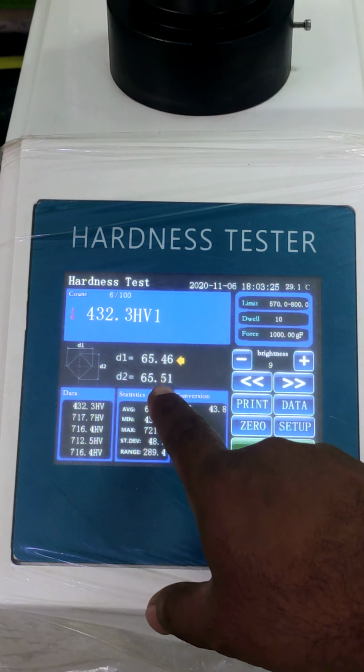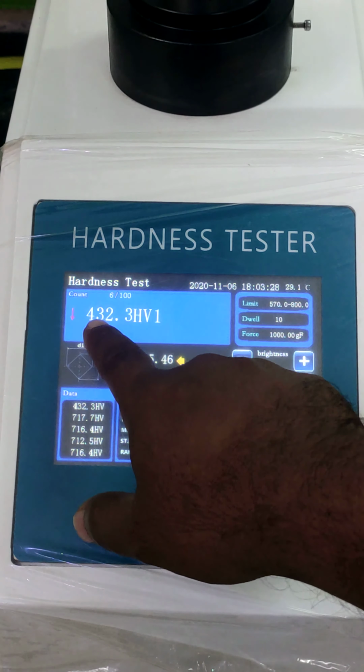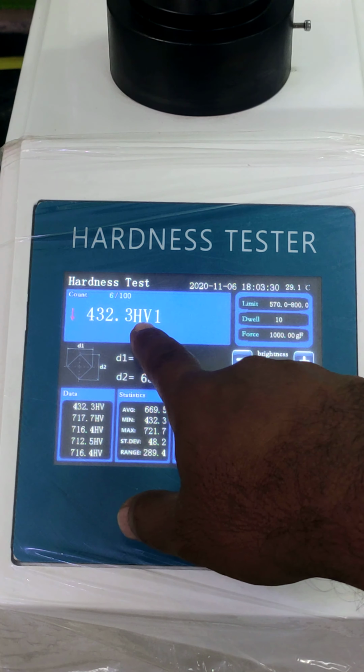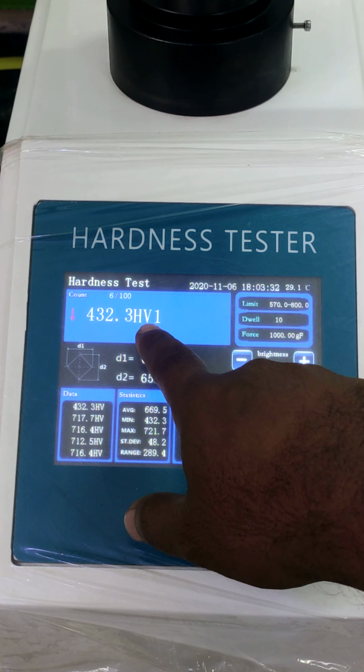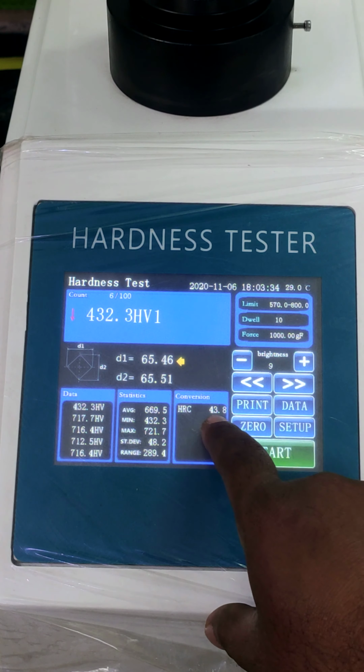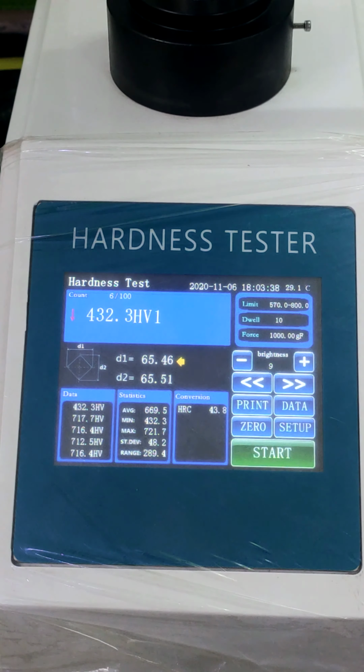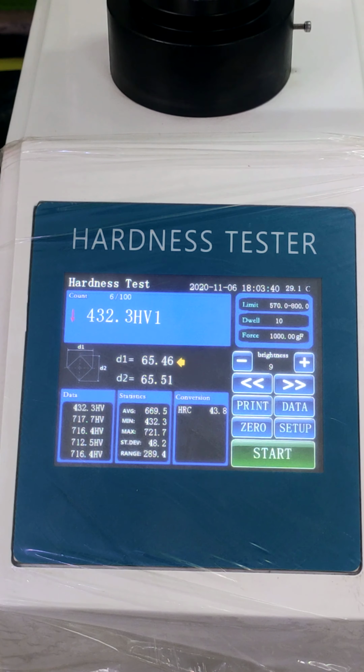After pressing, the diagonal automatically appears on the display, and the conversion value will also be shown at the same time. So this is the function of our touchscreen micro Vickers hardness tester.